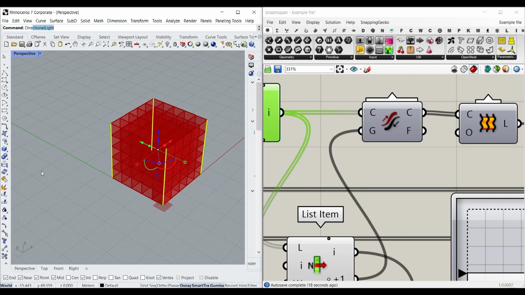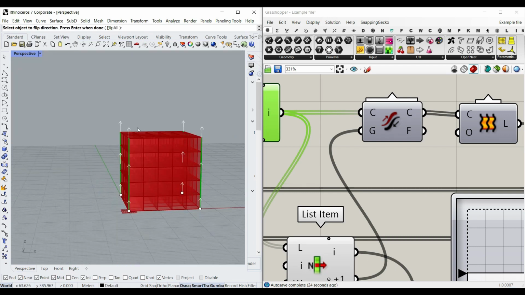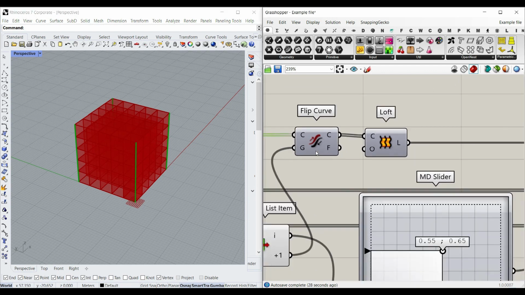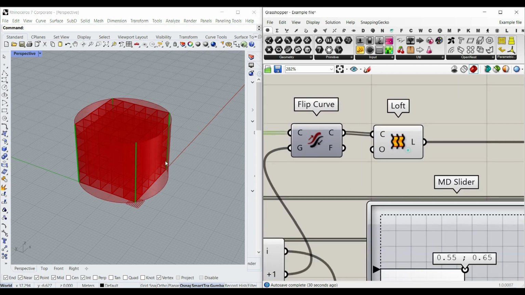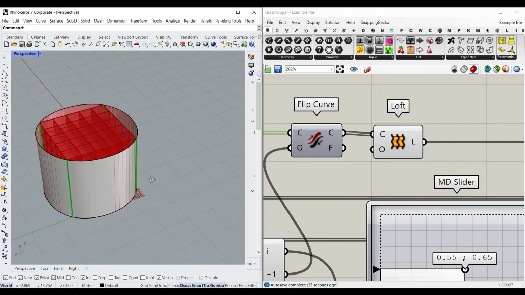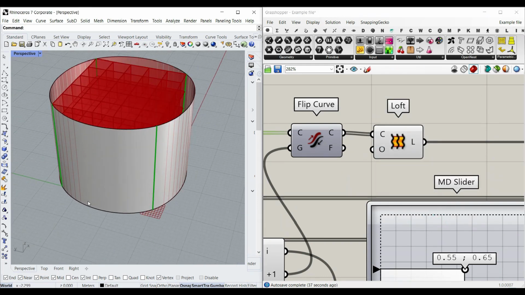and type direction, dir, you can see that all four of them are in one direction, which is really great because what we want to do is to loft them together. We have this loft. Why we have produced this surface is because we wanted to move the point attractor around